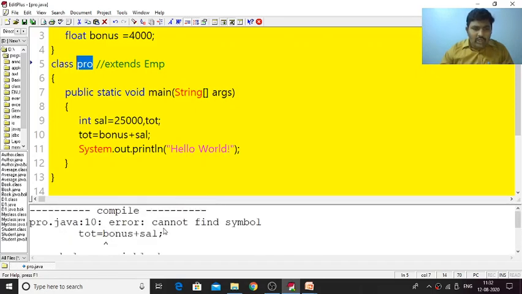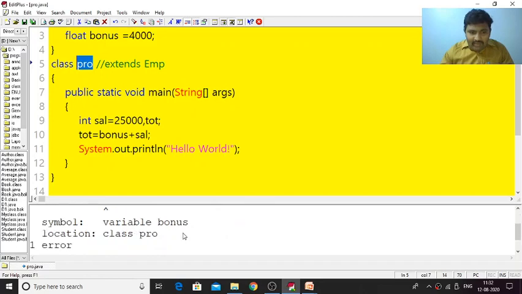The compiler shows an error, cannot find symbol. Which one? The variable bonus. Why? It knows the sal variable I have declared here, but I have not declared the bonus variable in pro.